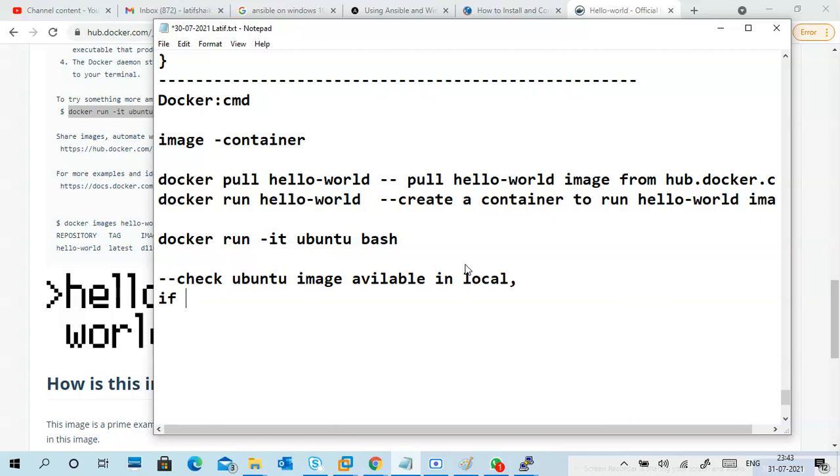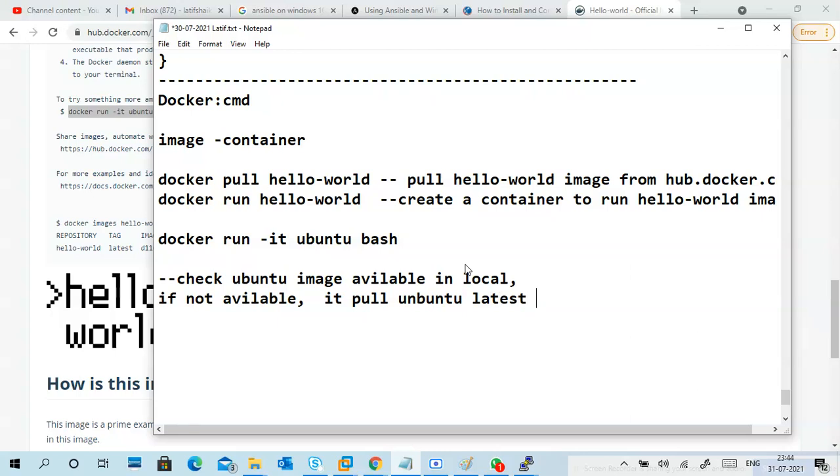If it is not available, it pulls the Ubuntu latest image from hub.docker.com, because we didn't mention which version.